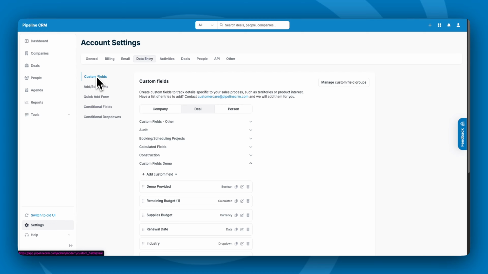Pipeline CRM already gives you a set of system fields, things like first name, last name, company name, and address. These are the basics you'd expect to find in any CRM. But every business is unique, and that's where custom fields come in. Custom fields let you capture the data that matters specifically to your business. Whether it's product details, contract terms, or a specific region or industry, you can add that in if it's important